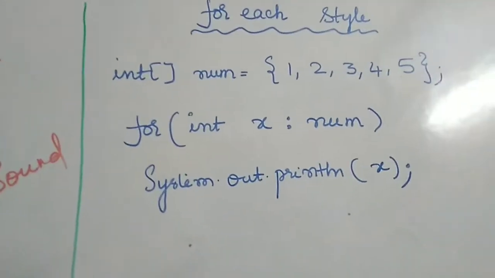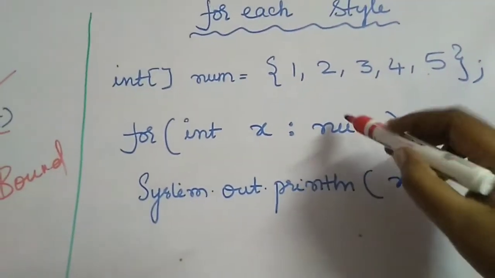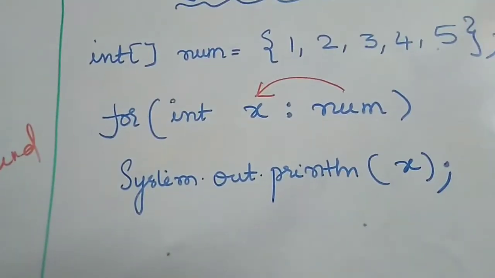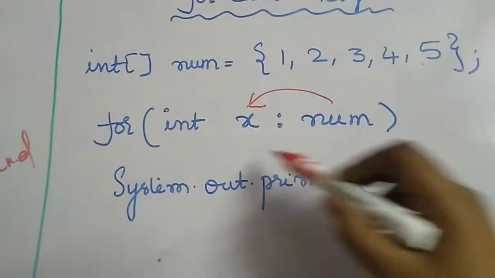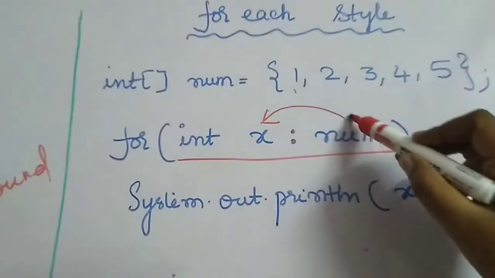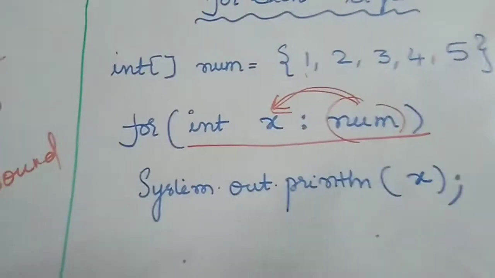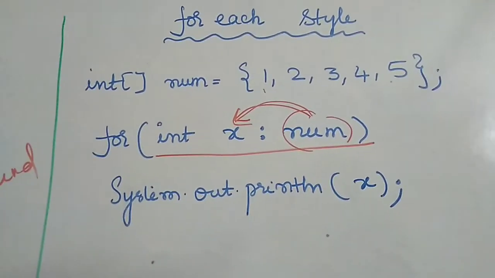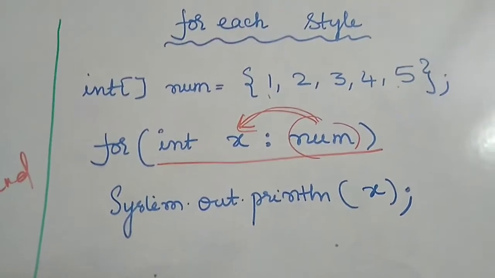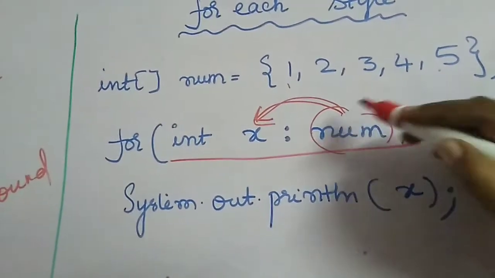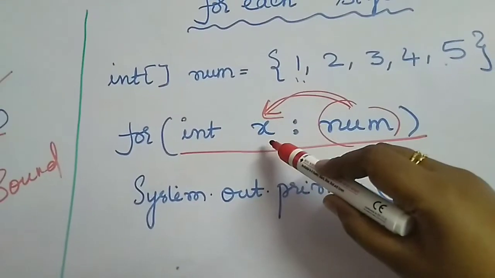Okay, so now we'll see that same procedure in the for each. In for each, you will be assigning the array to the iterating variable x. Each and every element from num, one by one, will be assigned to x. You needn't worry about that, it happens internally. And this happens strictly in sequential fashion from the start. There is no way to assign 5 and then go to 4. No, it starts with 1. So 1 is assigned to x.